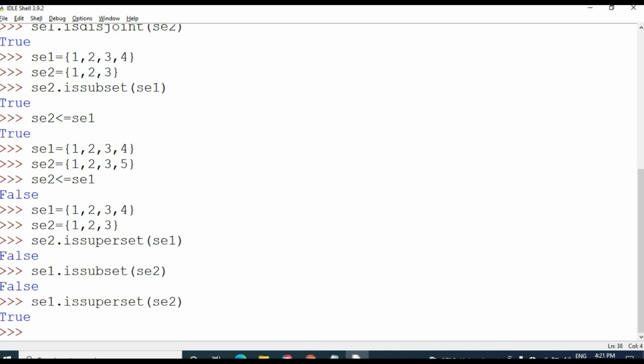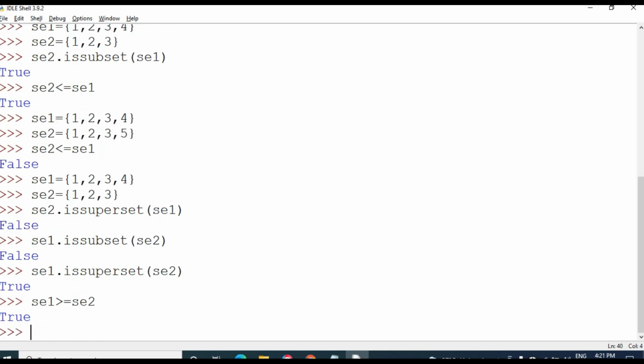Why? All the set 2 elements are available in set 1, so it returns true. We can also check the condition by using the greater than or equal symbol. Set 1 greater than or equal to set 2 has the same meaning as issuperset. It returns true, which means set 1 is a superset of set 2. That is the meaning of this.